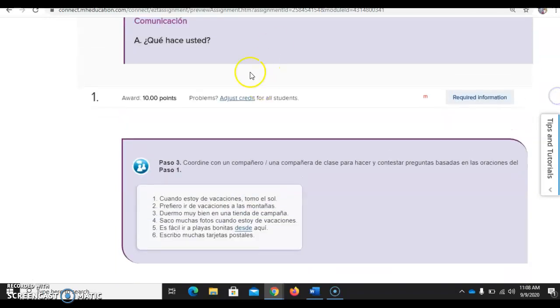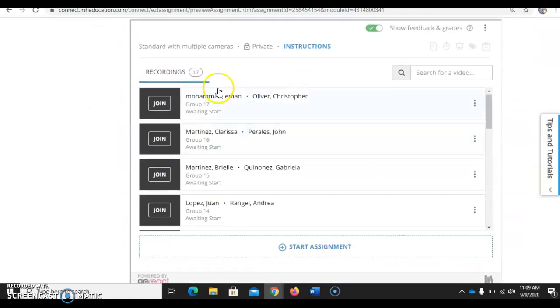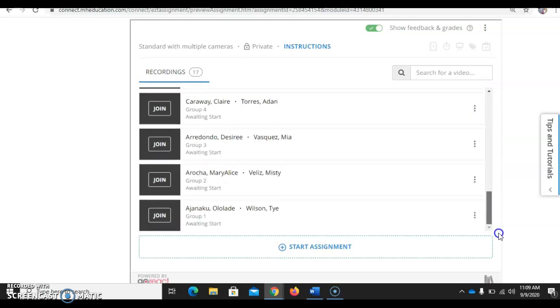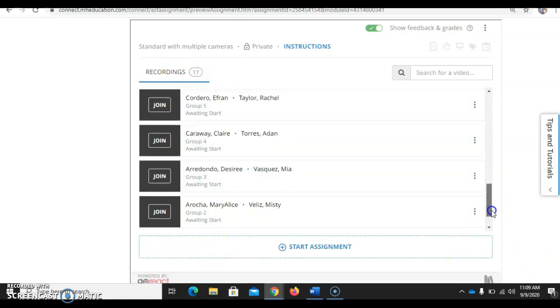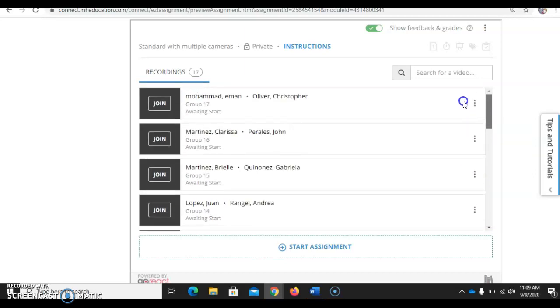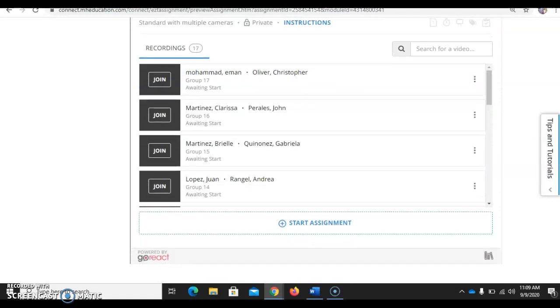So these instructions are what you're going to do with your partner, okay? You will see here that you have been assigned a partner, and when you log in specifically to your account through Connect, it should show you who your partner is. We do have a couple of different groups here. So these groups are considered to be awaiting start. If you do not see your name on this list, please reach out to me. Or if you see that you're a part of multiple groups, for example, please reach out to me. If there's any issues, you should only have one partner, okay?